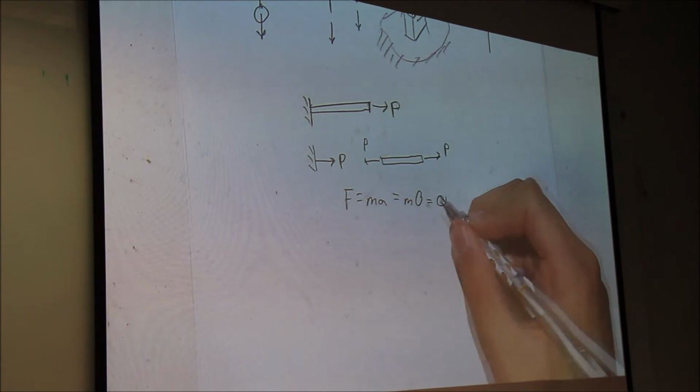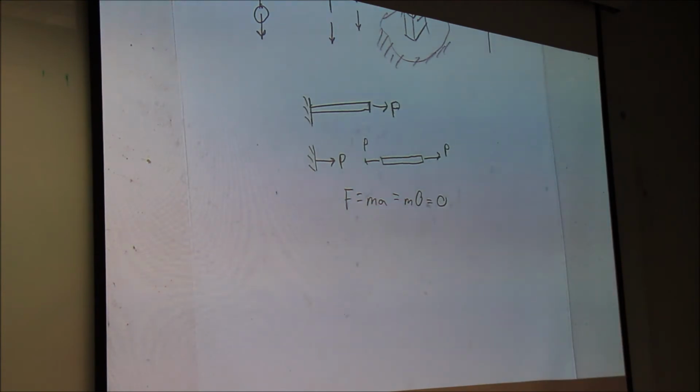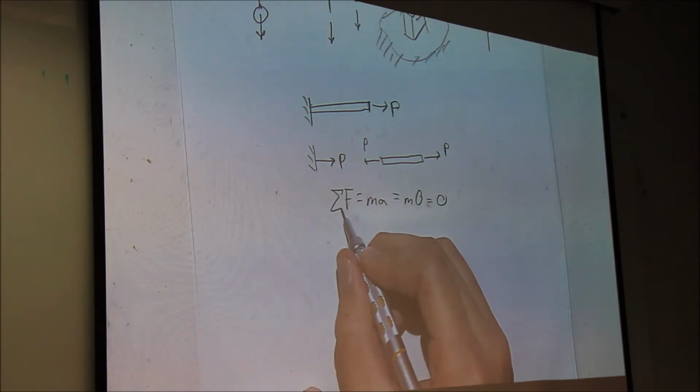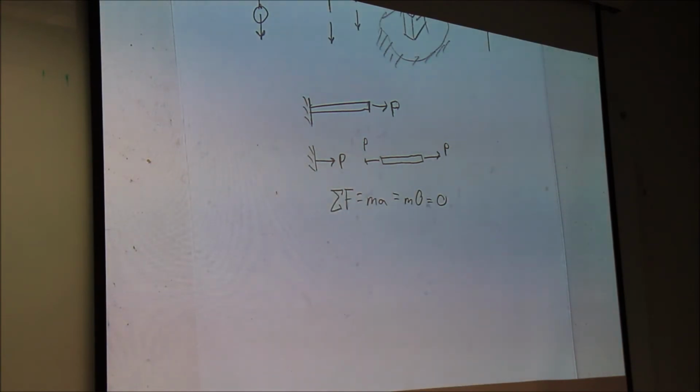M0, which is equal to 0. It's the third law. Cool. Well, this is the second law. F equals ma, and A is 0. It just so happens that in statics, A is 0. And I'm also going to make another modification. The summation of forces. So the sum of all forces is going to equal ma, just so we can be a little more specific.